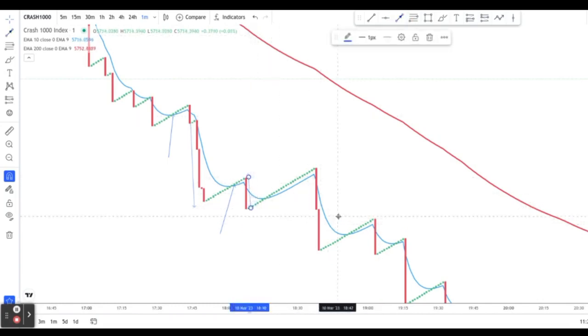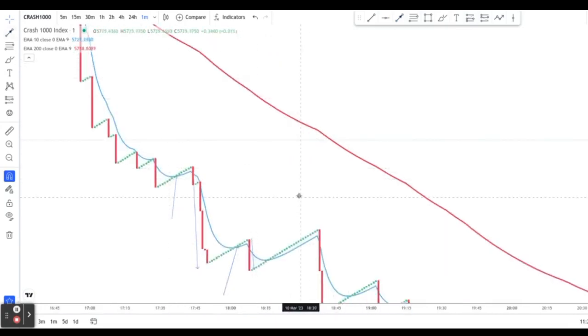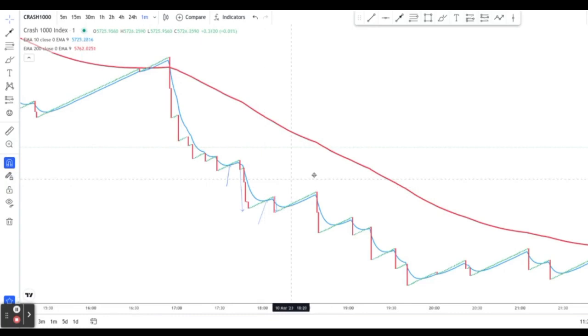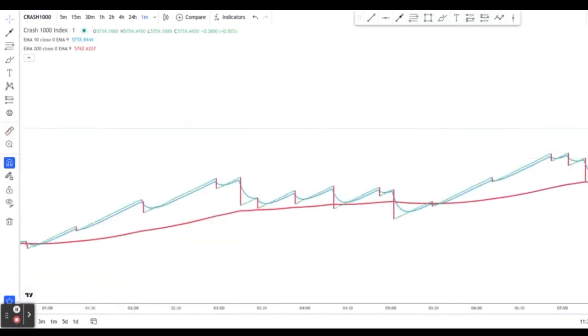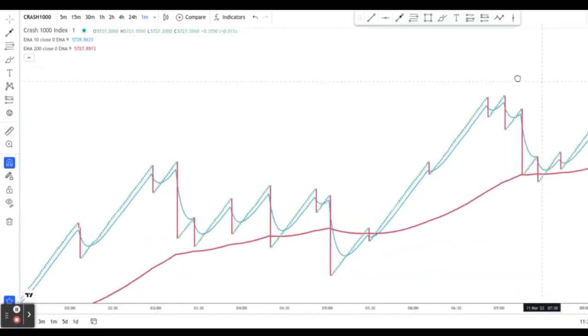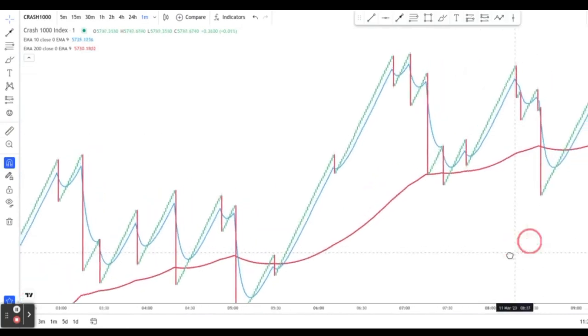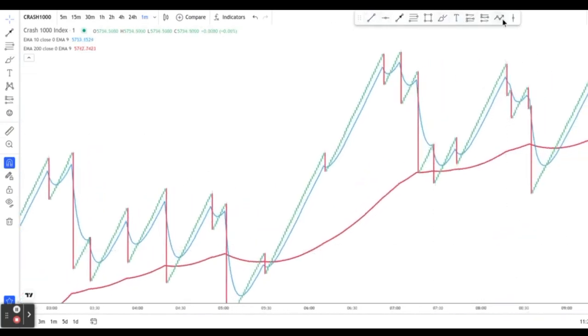The reason why the spike happens frequently is because the general trend is also in downtrend, which means the market is going to spike heavily. You understand? So when the 200 moving average is going up and the 10 moving average is also going up, the market will be buying. You can see that here. When the spike comes to the 10 moving average, the market started buying, and because the general trend, which is the 200, is also still buying, you can see how long the price moves before it